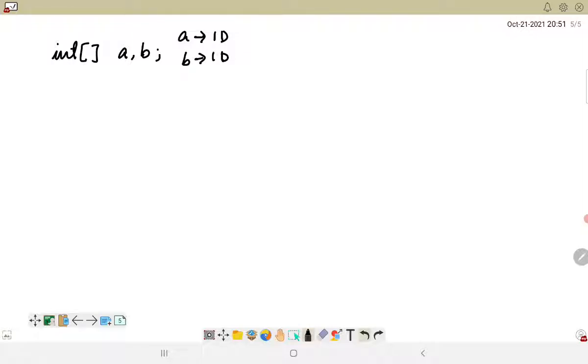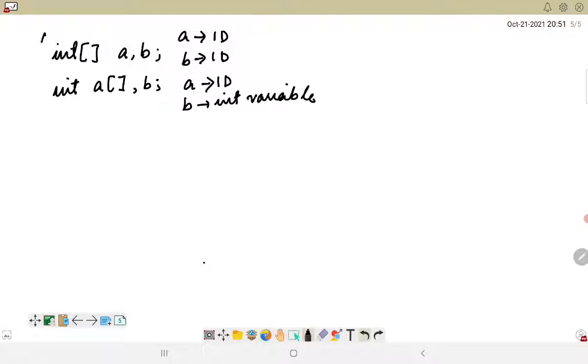Now what if I am writing int a followed by a square bracket and then b? Here a is basically a 1D array, however b is not an array at all. It is a simple int variable. So these two have differences in representation.